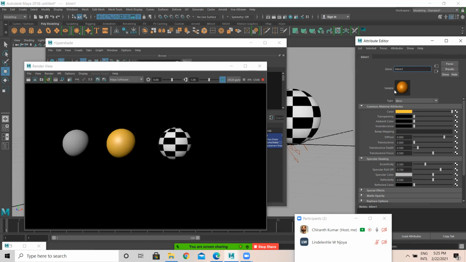Blend has specularity, kind of reflection and all it can do. So now I can increase the specular area of the blend. I can increase the roll off, I can increase or reduce the specular color. Reflectivity you can increase or decrease, these are the things. So this is blend. Blend can be used for metal. To achieve any metal output, we can use blend,